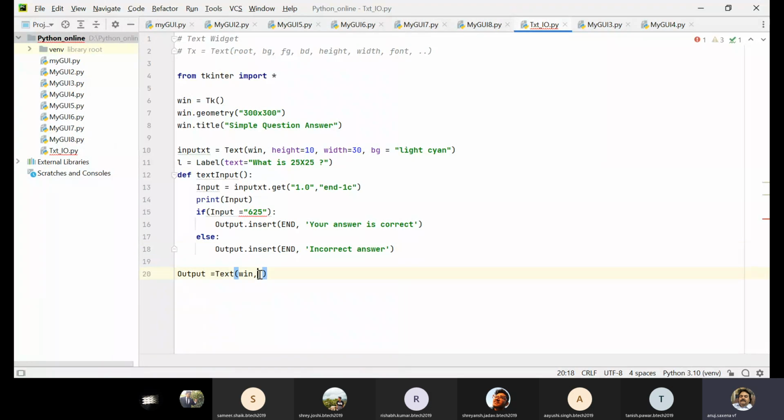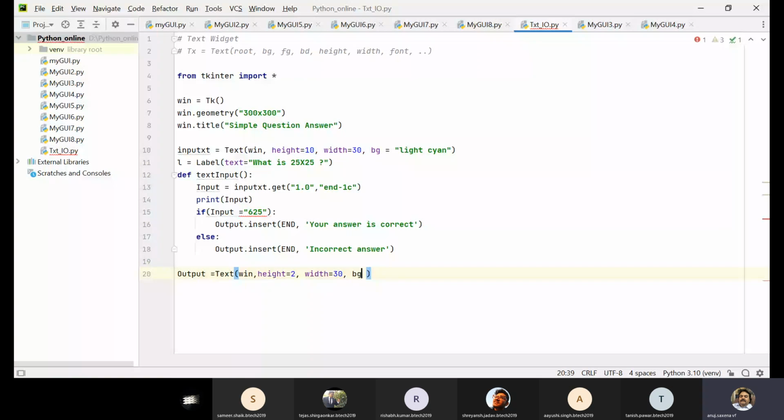So height equal to 2, width, we don't need a big box there. So width equal to, here we can have the same width like we have given above. So we can have 30 again, and the BG color if you want to give, then you can give BG,